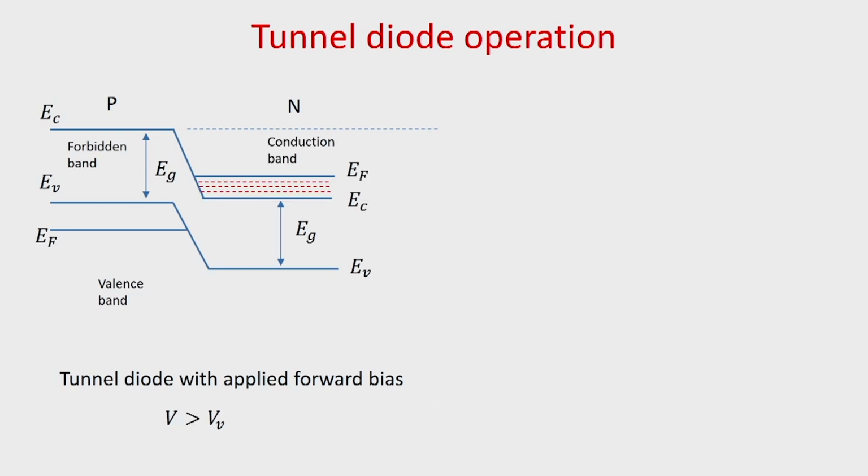So, when we increase the applied voltage V beyond V B, now there is no overlap between these empty and filled states, and from here onward the electrons, they will have to